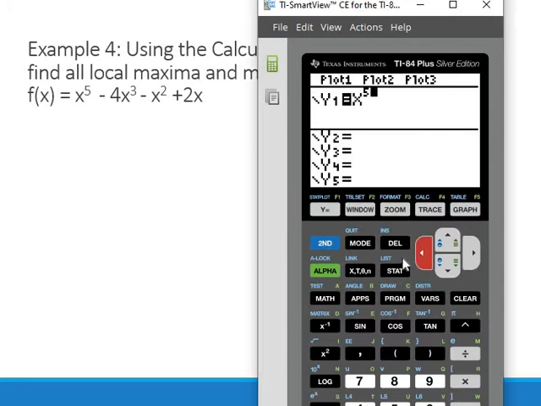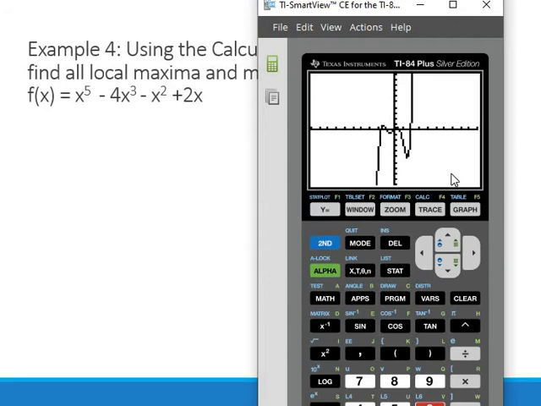minus, oops, got to make sure you drop out of the power if you're in the math print here, minus 4x to the third minus, did it again. You always got to do the arrow ahead to drop down out of the power, minus x squared plus 2x. Okay, and then I'm going to hit zoom 6, go to the standard window, looks pretty good, but this is